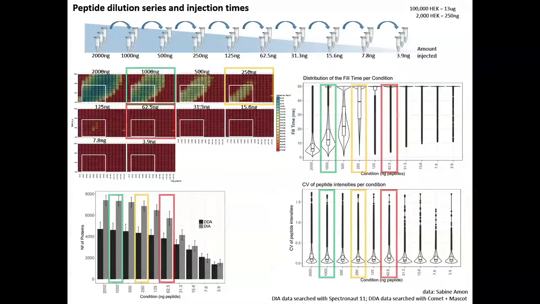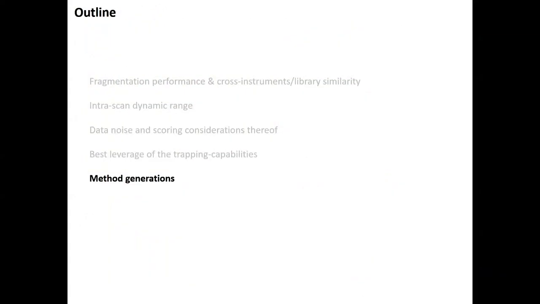And interesting is also that the CV of the quantification of the triplicates, for example, these were injected in technical triplicates, they were actually still not very much affected by the fill time. So we could still get impressive number and accuracy of quantification even by filling less than 10 or 20 nanograms. So this is just to show you one example where you can leverage and push the machine to the limit of what it can do